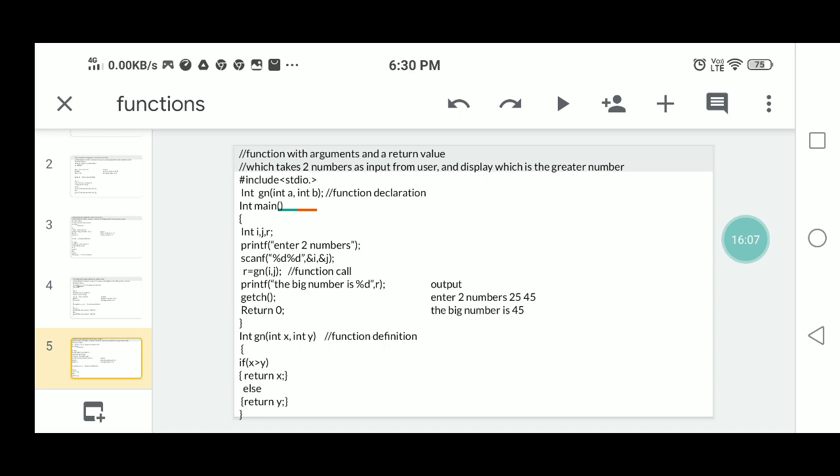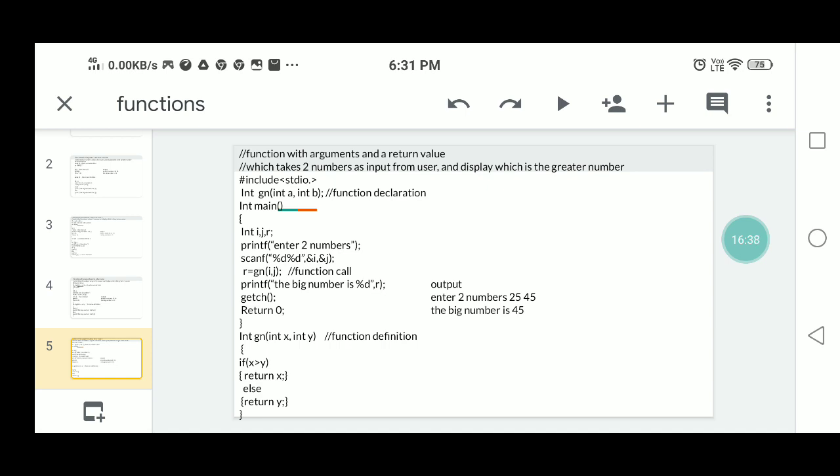So after receiving the values from i, j, automatically it will apply the logic and process on that. After processing, whatever output is returned from this user defined function will be assigned to the variable r in the main function. After that, naturally we can write the printf statement. The bigger number is %d, the format specifier of r.